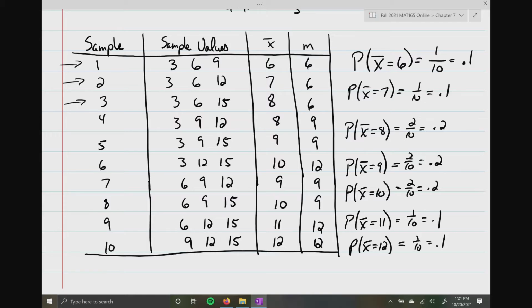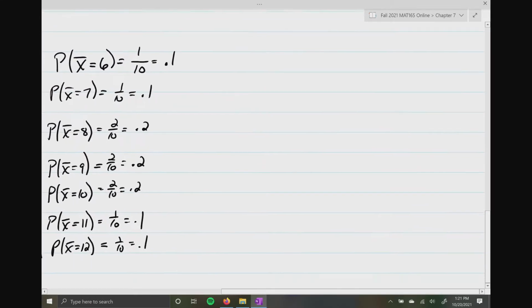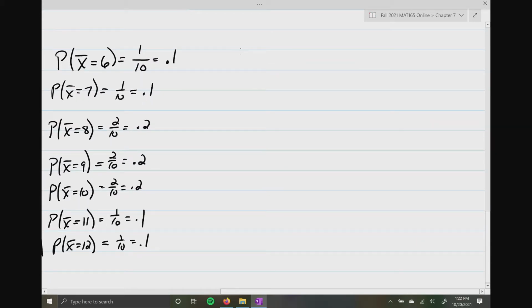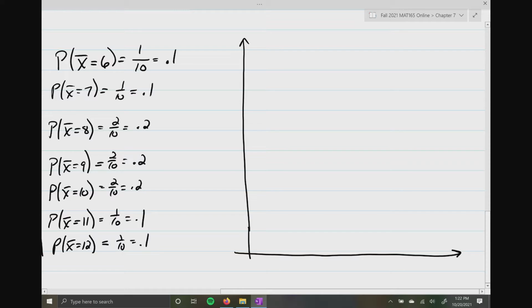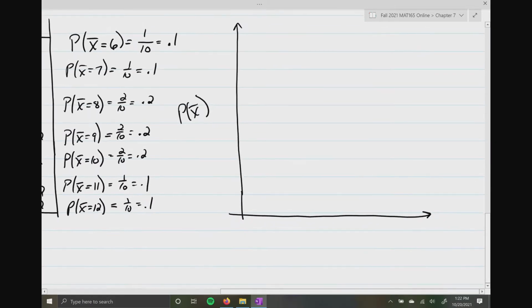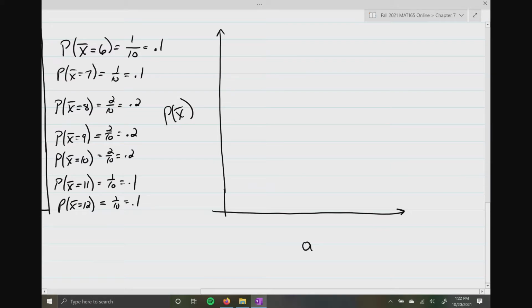Here's what I want to do. I'm going to scroll over to the right because I want to be able to see these values. And I'm going to go ahead and create a probability distribution. Now, we remember from chapter 5 that when you create a probability distribution, your probabilities go on the y-axis, okay? Your outcomes, zoom out here a little bit, the outcomes go on the x-axis. All right? So we have 6, 7, 8, 9, 10. I need a little bit more space. 11 and 12. And then on the y-axis,